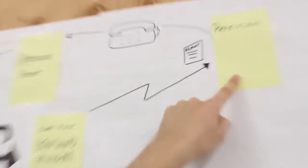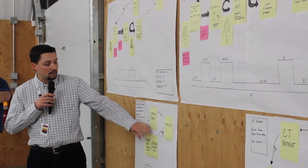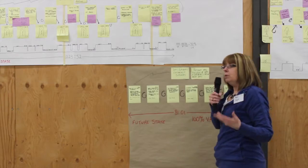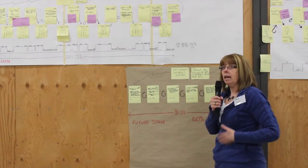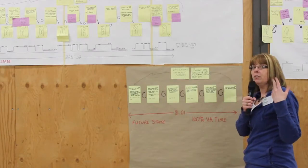So I was part of the data collection team. What we did was spend a couple of weeks prior to the 3P event actually doing some of the data collection. So we would spend a day following different patients around in the hospital. What we were doing there was just really recording how much time did that patient spend on things like waiting, sitting in a waiting room, sitting waiting to check in and admitting, sitting waiting for the x-ray technician to come and get them, those types of things,